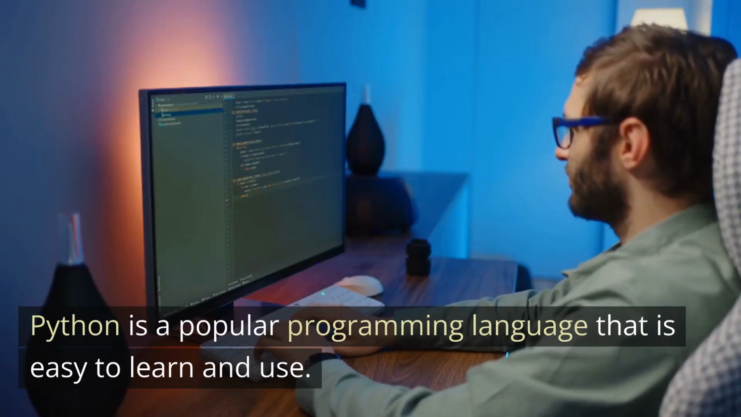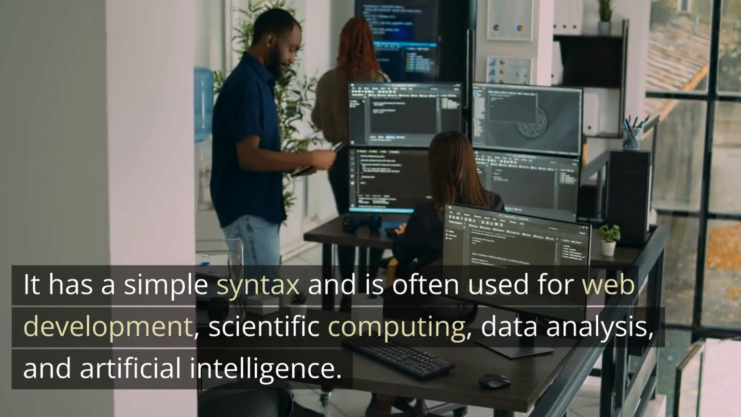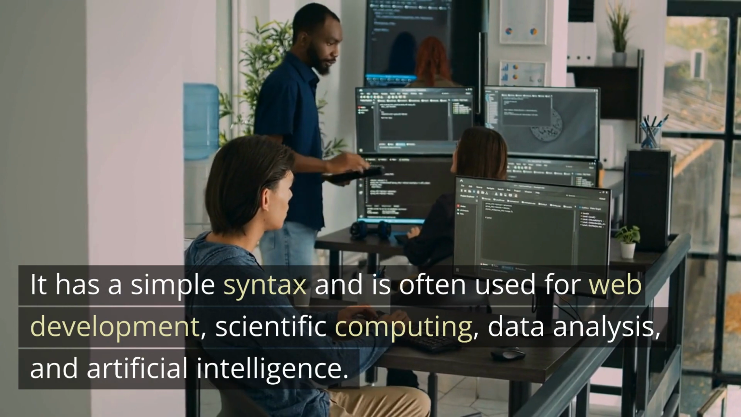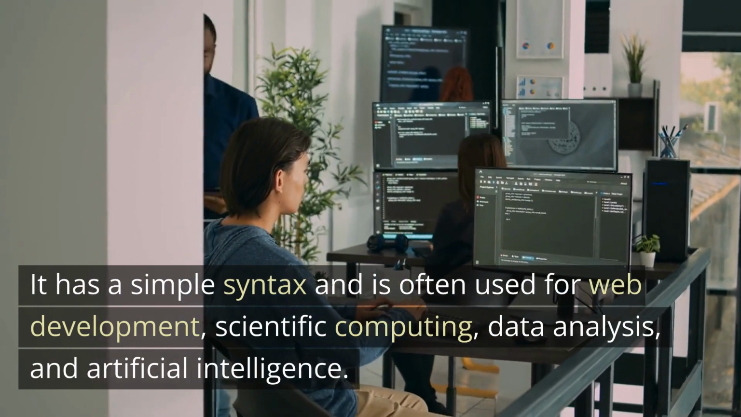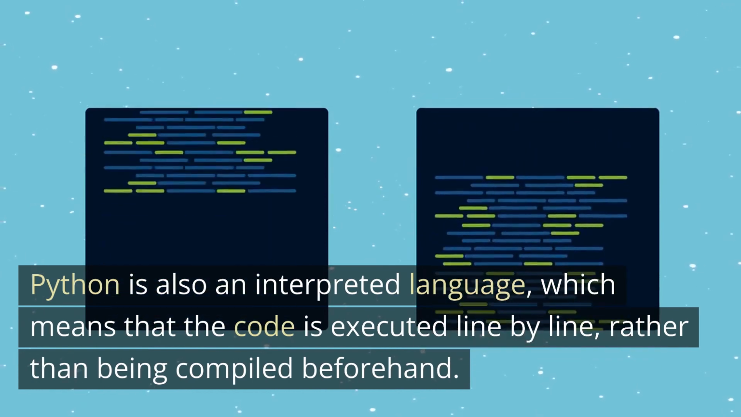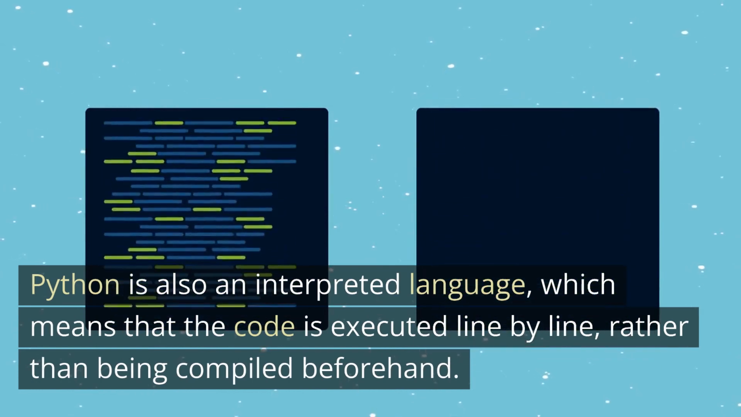Python is a popular programming language that is easy to learn and use. It has a simple syntax and is often used for web development, scientific computing, data analysis, and artificial intelligence. Python is also an interpreted language, which means that the code is executed line by line, rather than being compiled